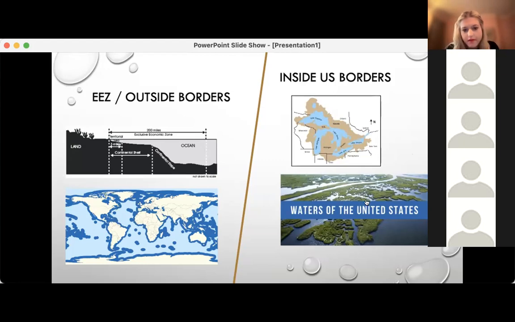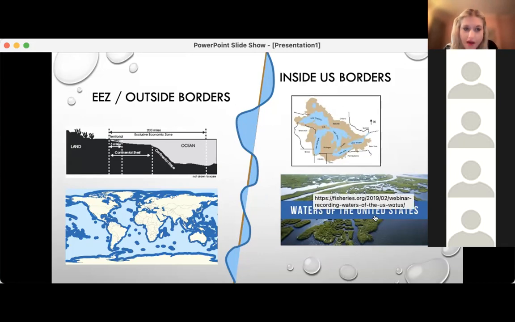And then I included a hyperlink to this lecture of waters of the United States, because one point that I wanted to make with this last image is that you could say that there's a clear boundary between waters outside the United States and waters inside the United States, but that is a blurred watery boundary at best, you know what I mean? Because we're talking about water. So it's hard to, even if you look at this map.